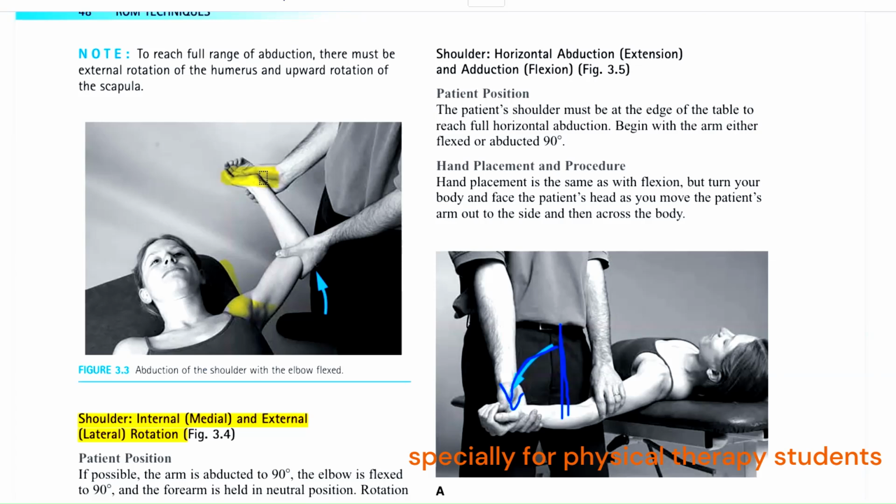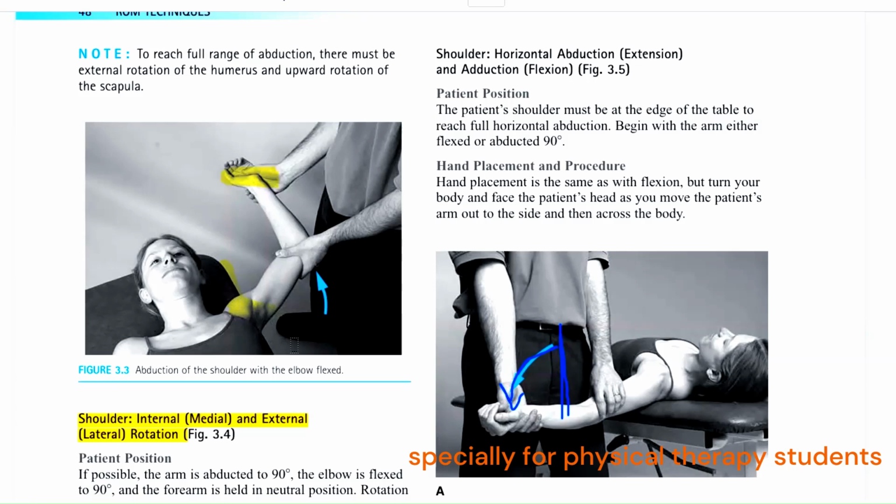Majorly, this is not the starting position, this is basically the end position of the patient. So you start the movement from the patient's adduction position, where the arm and forearm are completely relaxed on the bed, or on the side or edge of the bed.